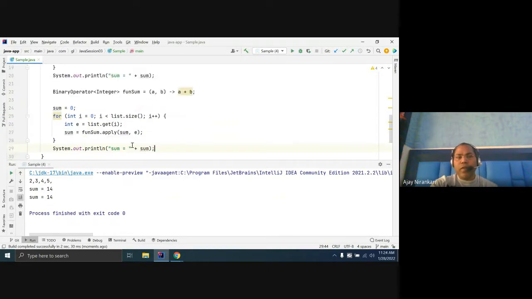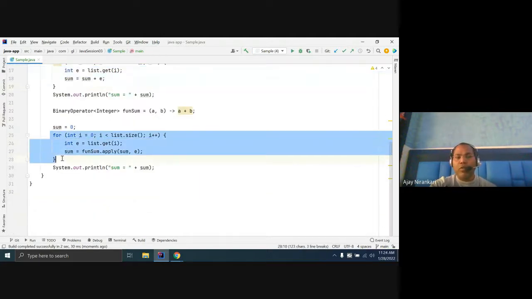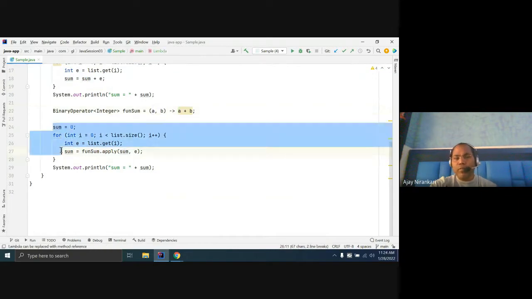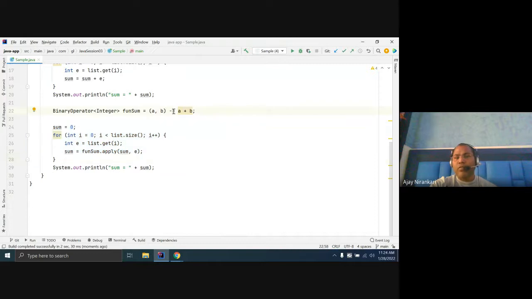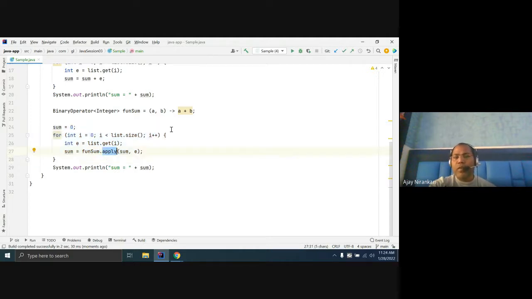Here we are getting the same output, but instead of doing the actual plus operation inside the code, I took it out. This method depends upon what function you pass. If you pass plus, it returns plus. If you pass multiplication, the same code works for multiplication, division, any operation we want. So now this code can be written in some library. Whatever operation you want to perform, you just give me this lambda expression.